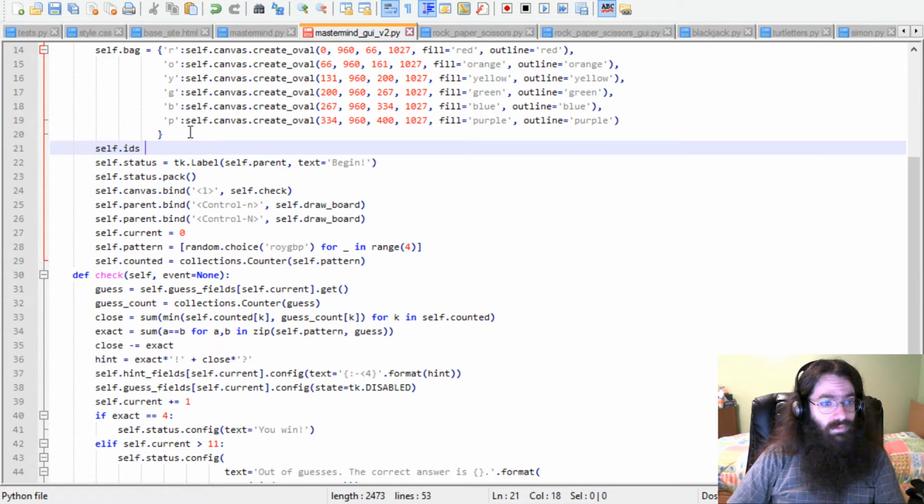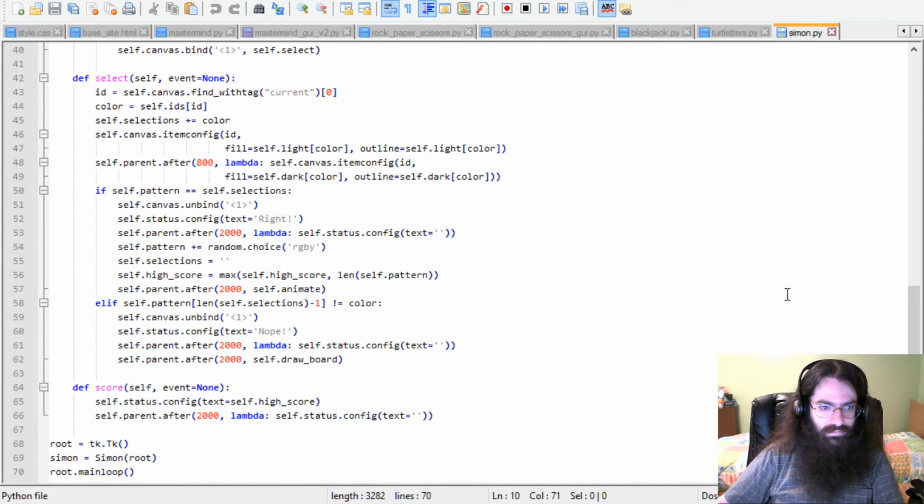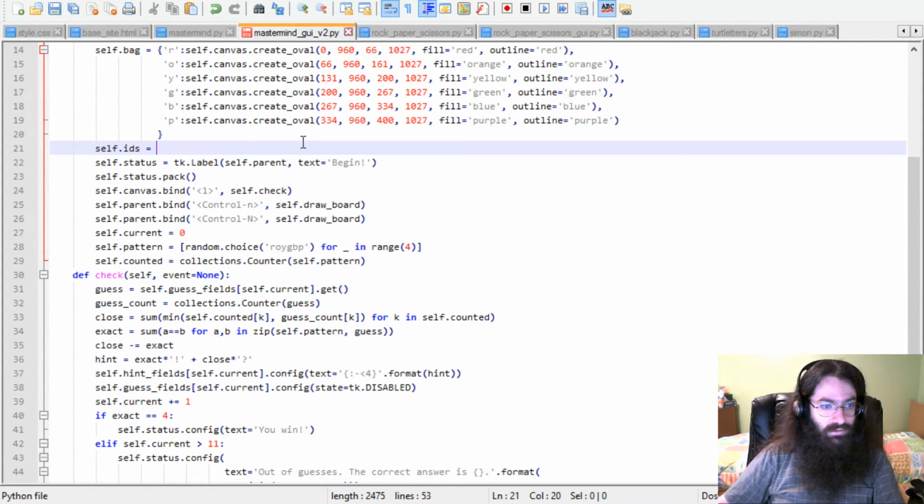You may remember this from the Simon game we made a couple days ago. It's pretty cool. It actually worked eventually. Value key for key value in self.bag.items. There. So that'll just reverse that dictionary, and it's okay because each one is a unique integer, I know,